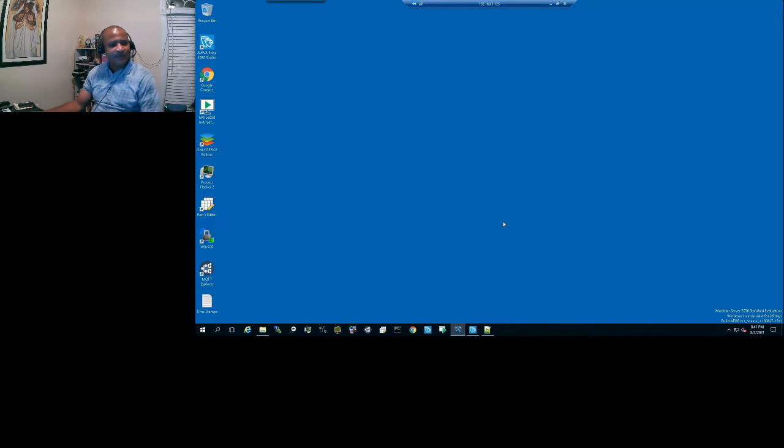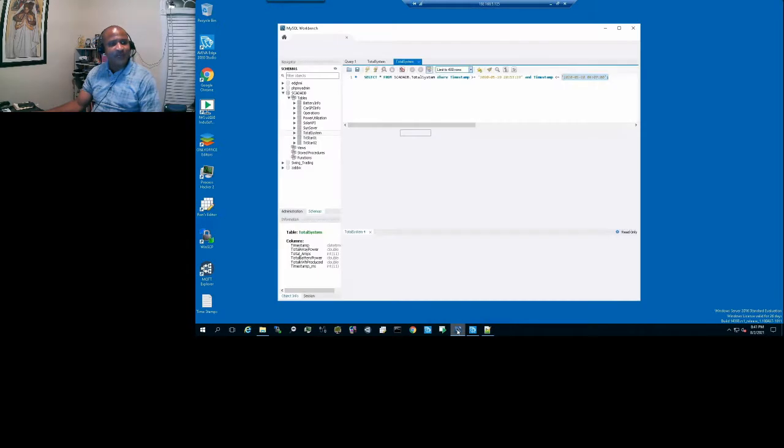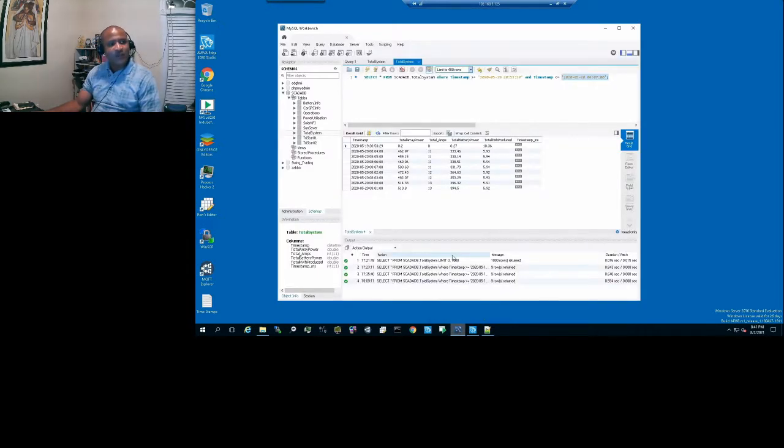Now, I'm connected to my remote machine, and the very first thing that I'm going to do is go to my database. The database that I'm going to be utilizing in this demonstration is called MySQL, and it is widely available on the internet. Like any database software, it gives you the option of installing a management tool or management interface. Through this management interface, we're able to verify that we're connecting to the correct database, and the database actually exists. In this case, it's called SCADA DB, and we're going to look for a specific table, and